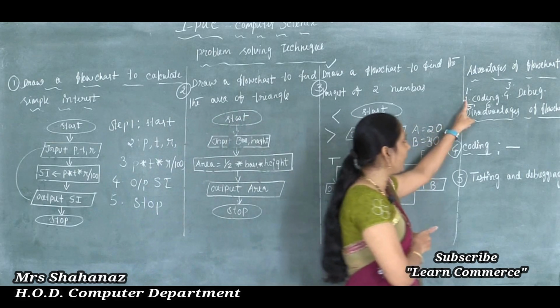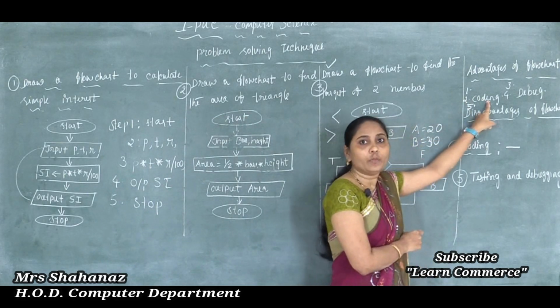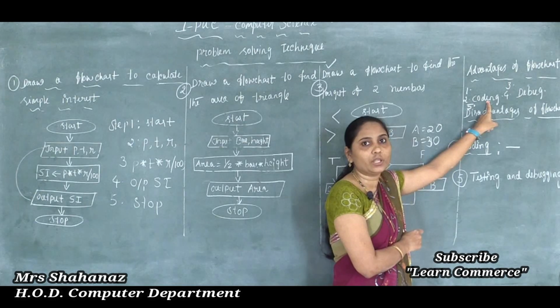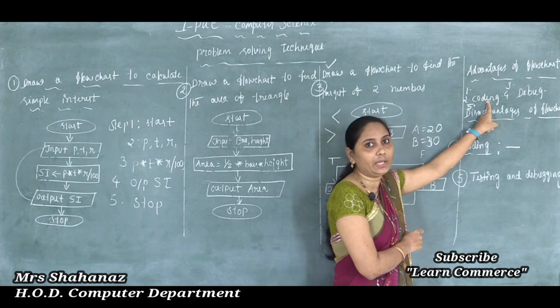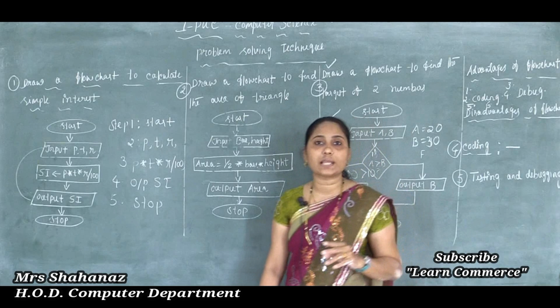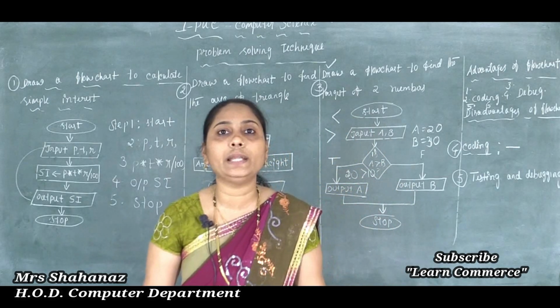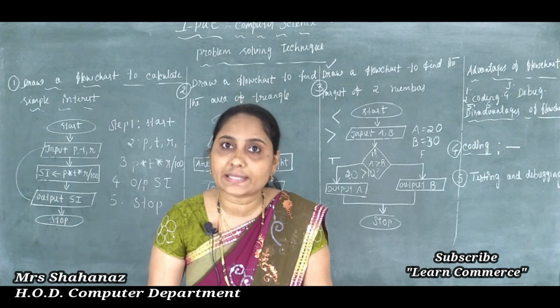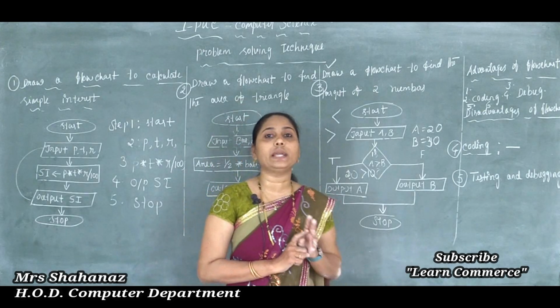The second point I said, that means we know that very easily we can develop an algorithm, then convert to the flowchart here, and lastly to the programming language very easily. Correct? And later next one, the third point we can say as it is independent. That means without the help of any, it can do the work with itself. Clear this point here? So it is independent of the